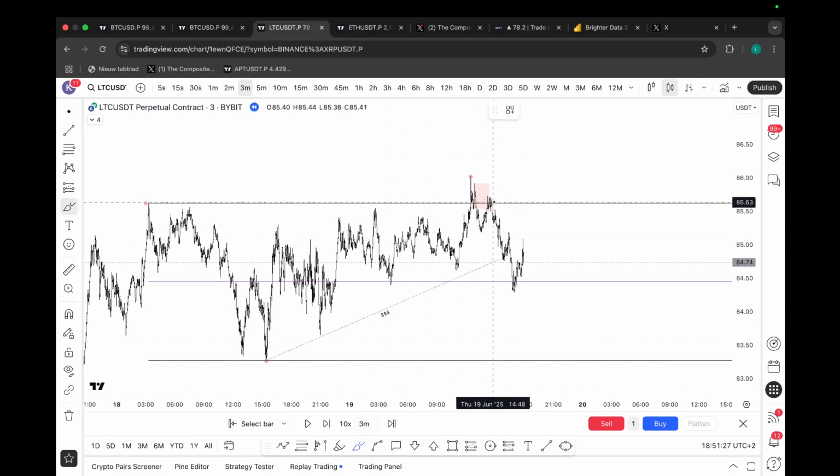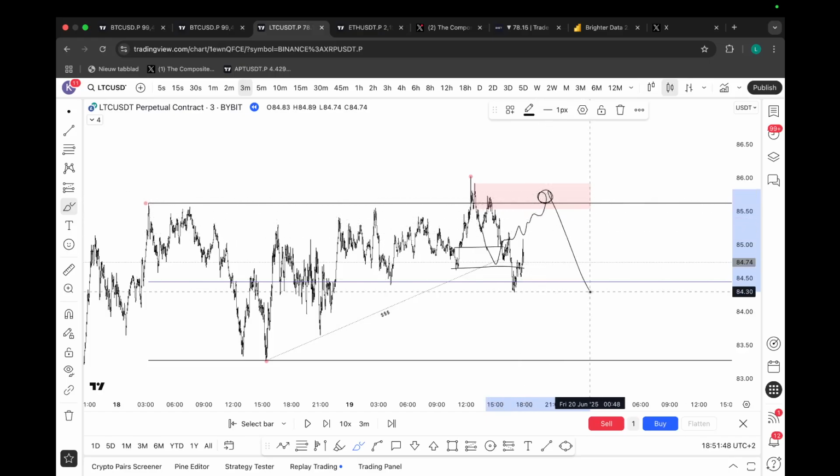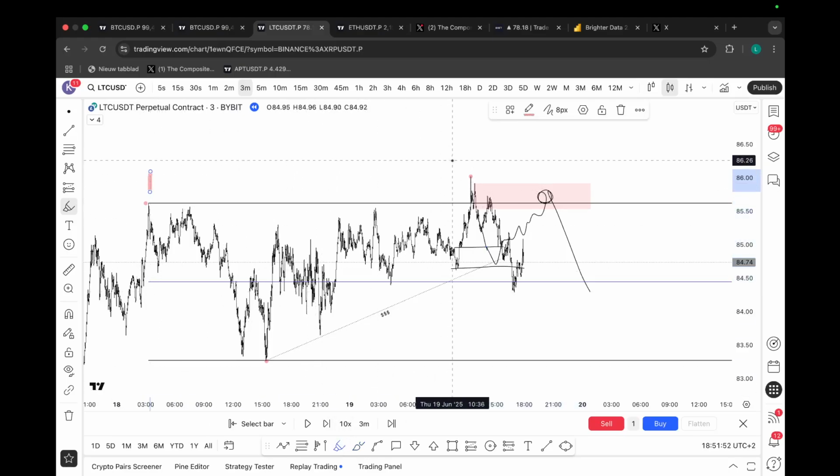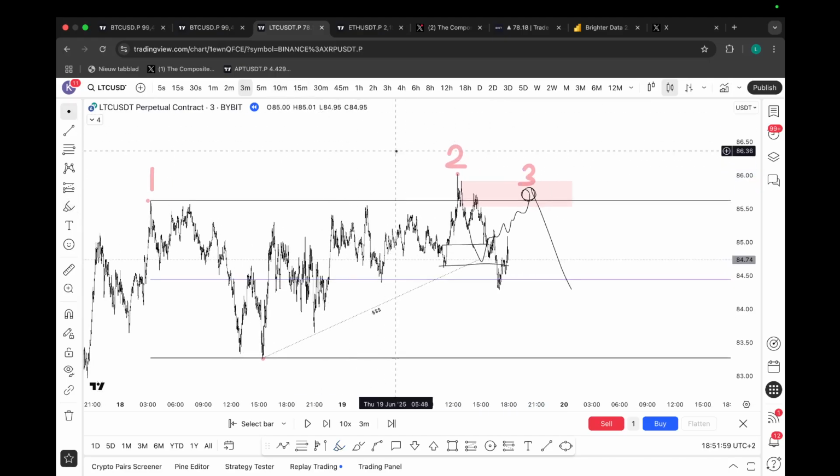So initially, the moment we created this supply, what I wanted to see was for price to come back down here, mitigate some more demand in this region right there, so that that demand is not going to be there anymore prior to creating our third tap. Keep all these lows intact, and then later on come back for the supply mitigation to also get better time displacement between your tap 1 right here, your tap 2, and then your future tap 3. And then we can short that model 2 distribution in confluence with Bitcoin right here.